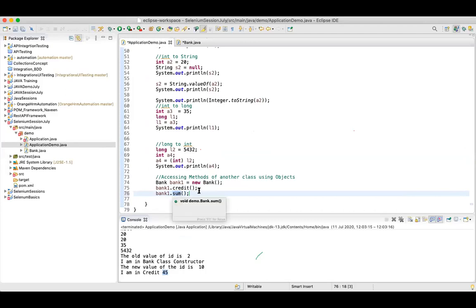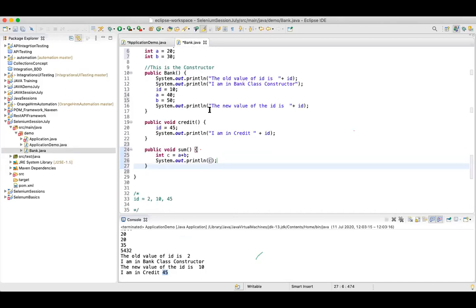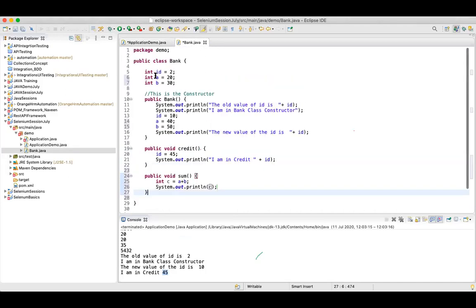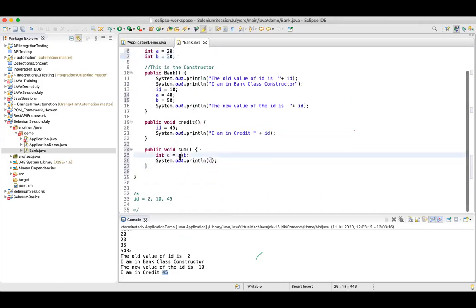Yes, guys, the value of c. I'm printing this particular value c. I'm taking the value from a, so a is 20 and b is 30, and now I want to print the addition of a and b. So what will be printed over here? Simply a is 20 and b is 30, so it will print 50. It will simply say a plus b, that means 20 plus 30, and the value will be saved in c, and we will be printing c.